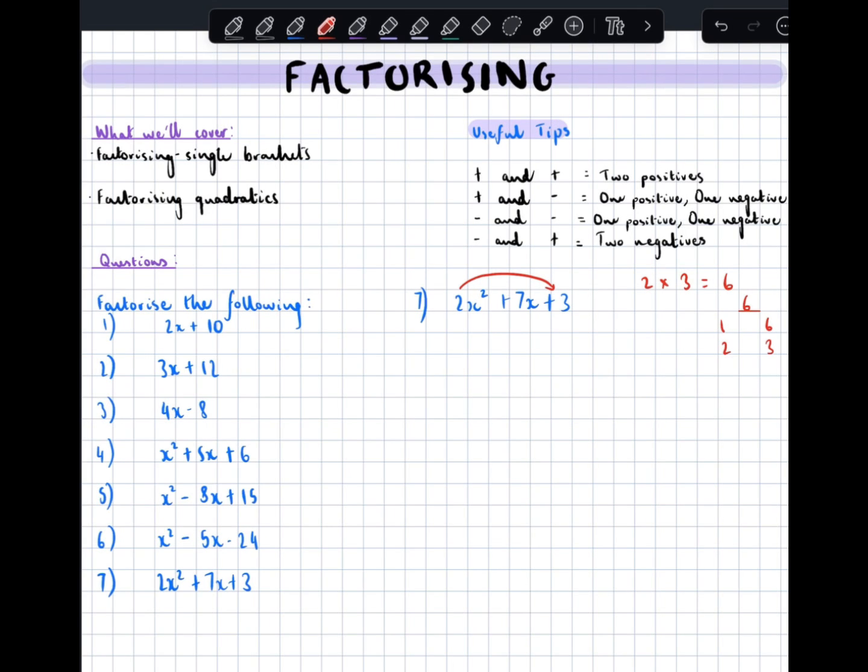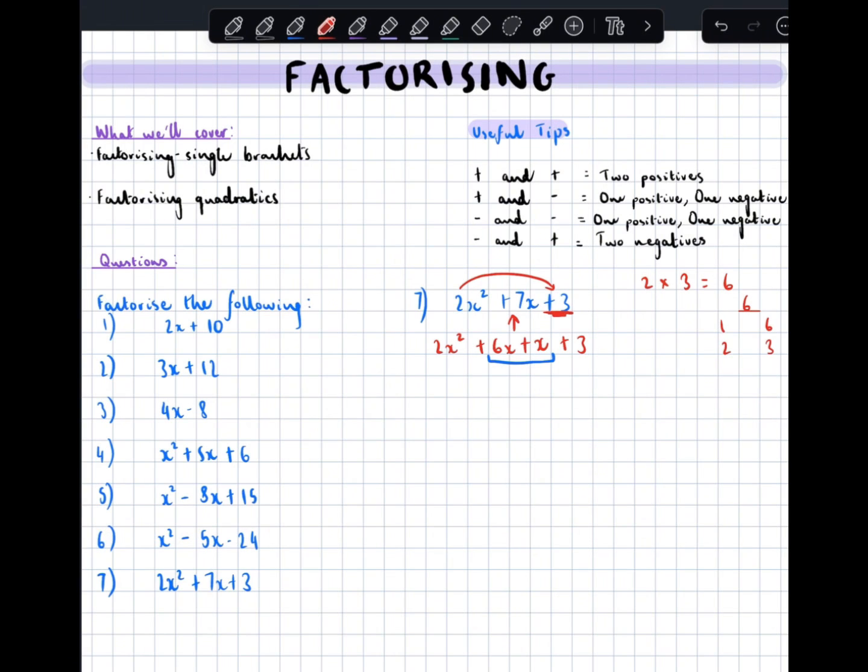The difference with this one is at this step right here. So instead of just writing 2x, or normally we would write x plus 1, x plus 6, in this one we're going to write out the equation again. So 2x squared, and then I'm just going to include the factors in this bit here. So we've got plus 6x plus x. Now, this bit that I'm doing here is just the same as this 7x here, but I've just used the factors that I'd add to give us that. And then I would add 3, which is just carrying on from this bit here,